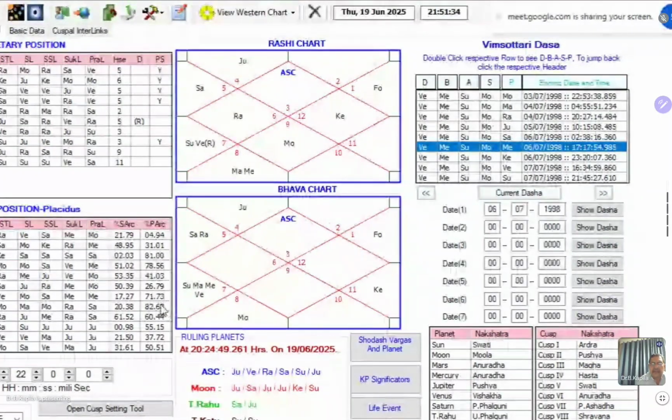Okay, so here what will we check? The Moon should appear as what? It should appear as a co-ruler of which house? Co-ruler of the 8th house or the ascendant house of the relative whose death is likely to